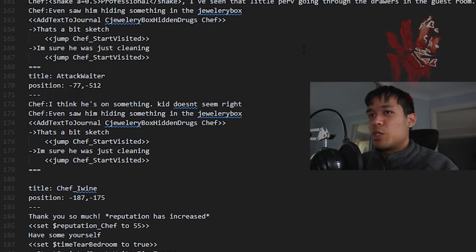It just saves so much during development here, because this is all markup language. It's only plain text. You don't have to deal with very technical language like in C#. No, this is markup. You're just literally writing text. You're just writing all the dialogue that you need. Add in some functions in there, like you can add some text to the journal, as in you add more evidence to put in your journal. You can do that,